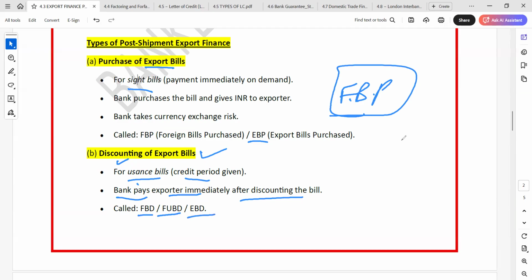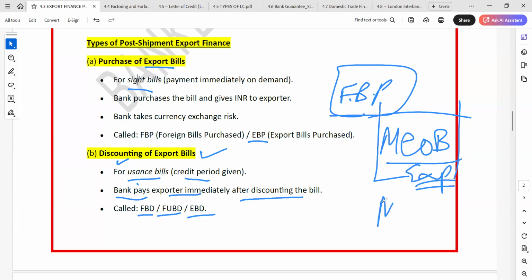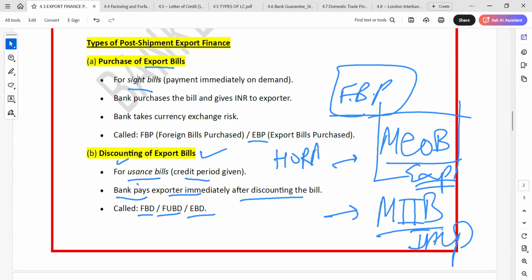Mostly I have worked in Finacle. In Finacle, we are using the menu MEOB. So you can also tell which menu you are using when you are doing these foreign bills. MEOB will be used for all export bill transactions, and the other ID will be MMIB, which will be used for import bill transactions in Finacle. If you're using Finacle in your bank, these menus are available for transactions. If you're sending outward payment, HORM will be used. If you're doing inward remittance, then HIRM. So these are various menus.